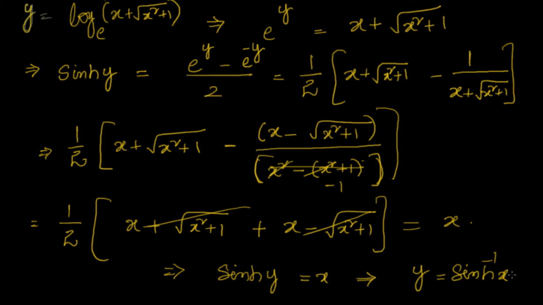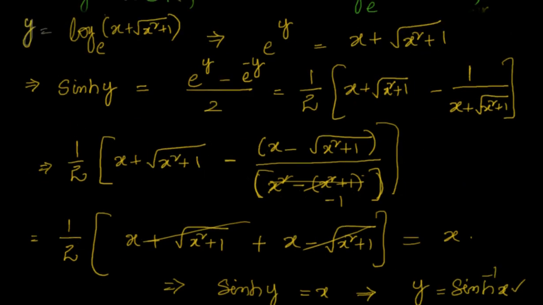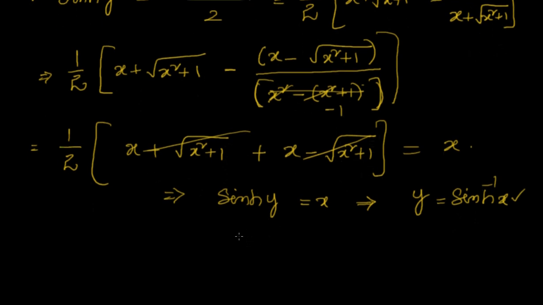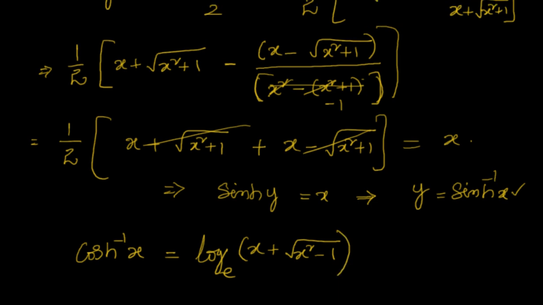So you can take it as y, then you can take x equal to cosh y, then you can calculate cosh y. From there you can have a quadratic equation in e power y and you can solve it. Otherwise you can take the right hand side and say e power y equal to this one, then cosh inverse x equal to e power y plus e power minus y by 2. You can do both ways. Okay, now this you can try. I will try to do tanh inverse x. Okay, with that we can close this. We can have secant h inverse, cosecant h inverse, cot h inverse, everything we can do. Let's go ahead and try to do tanh inverse now.